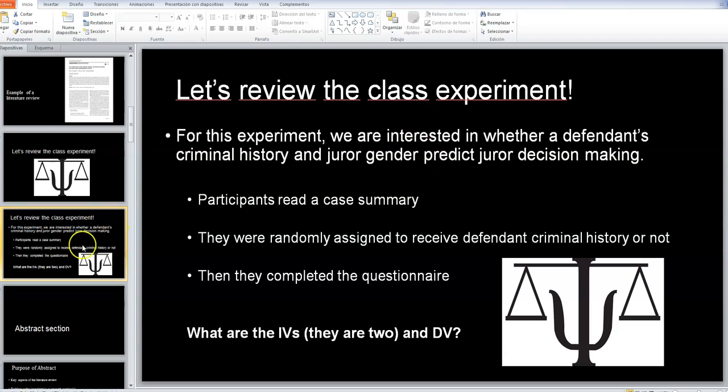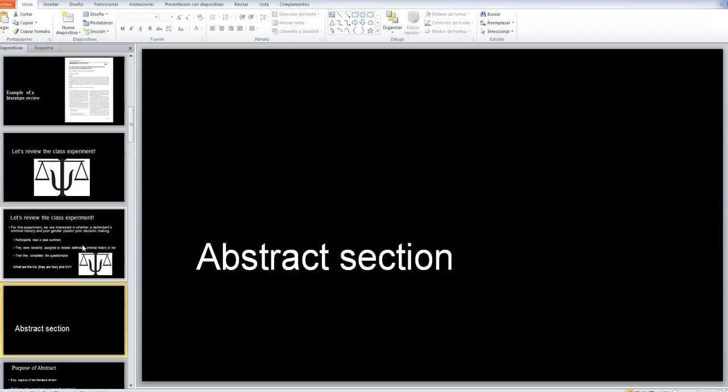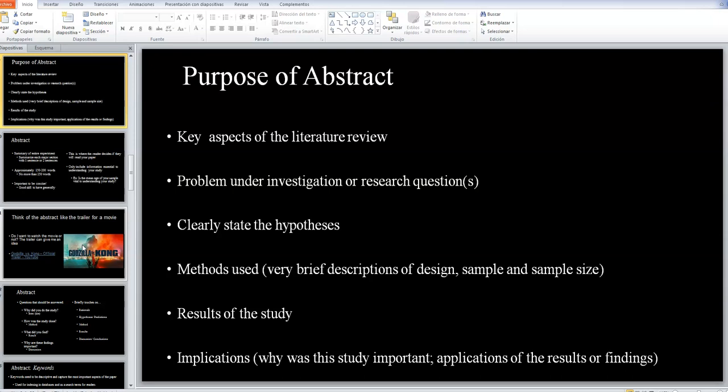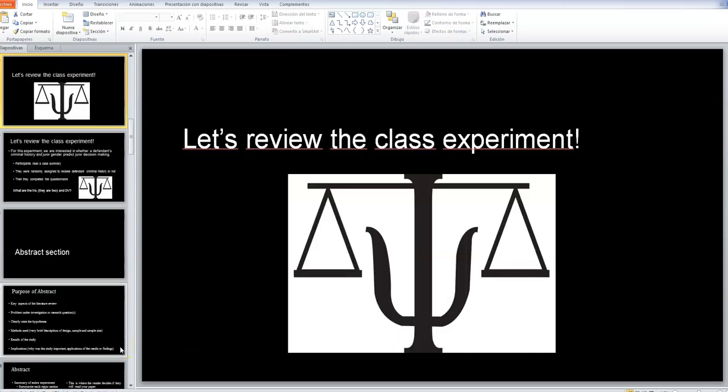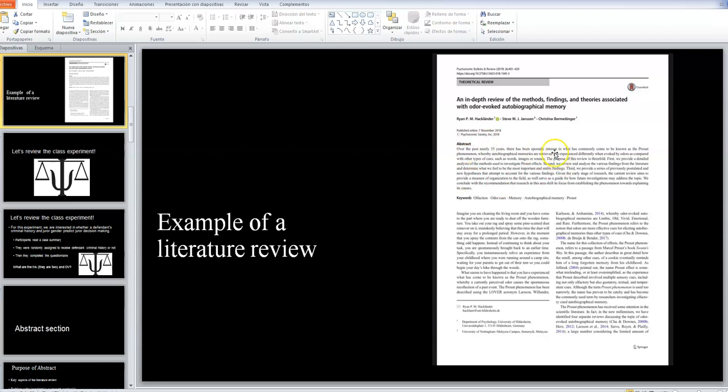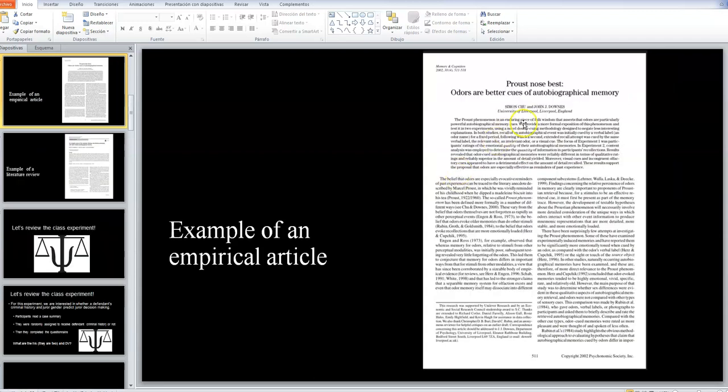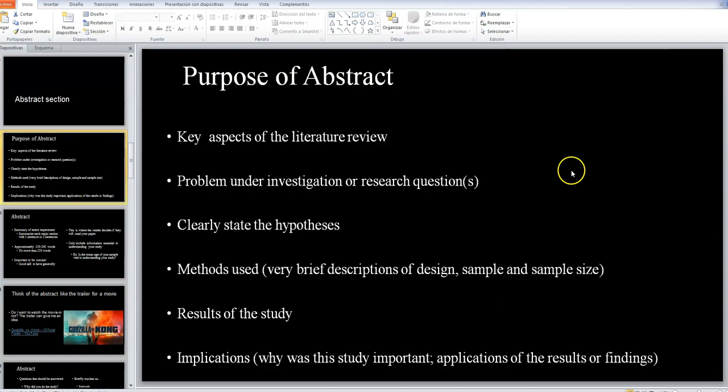be, and then we'll discuss a little bit of what we're gonna see in the second half of the semester, which is the point when we're gonna start to write the empirical article section by section. So here I just want to give you a quick introduction to what is the abstract. So I want you guys to know the abstract is the first page that you see actually here in the paper that I uploaded. You can see abstract is the first thing that you see. This is an abstract. Sometimes it has a label saying that it's an abstract, sometimes it doesn't, but it's the first paragraph. That's the abstract.